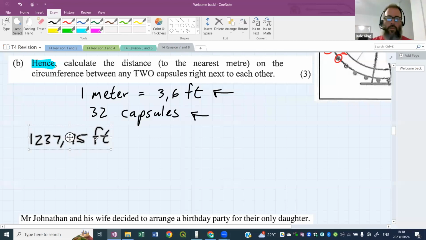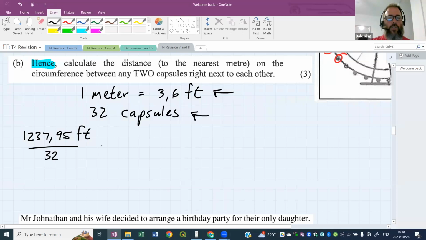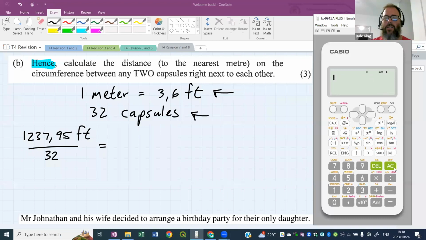Doesn't matter which way you do it. You can convert first or cut it up first. So I'm going to cut this up into 32 pieces, because there's 32 capsules. So this will give us a distance between each one. So 1,237.95 divided by 32. And this is going to give us